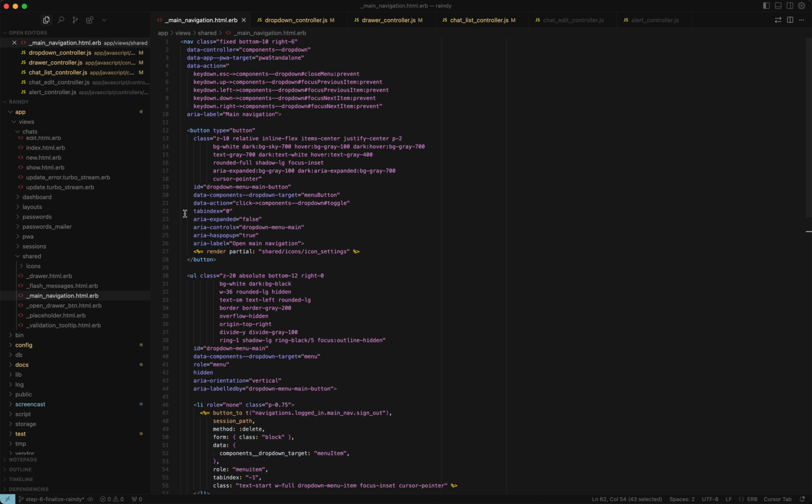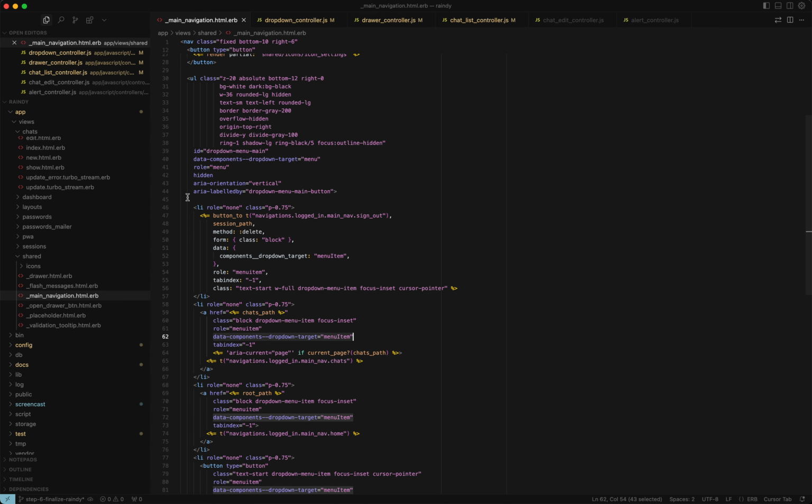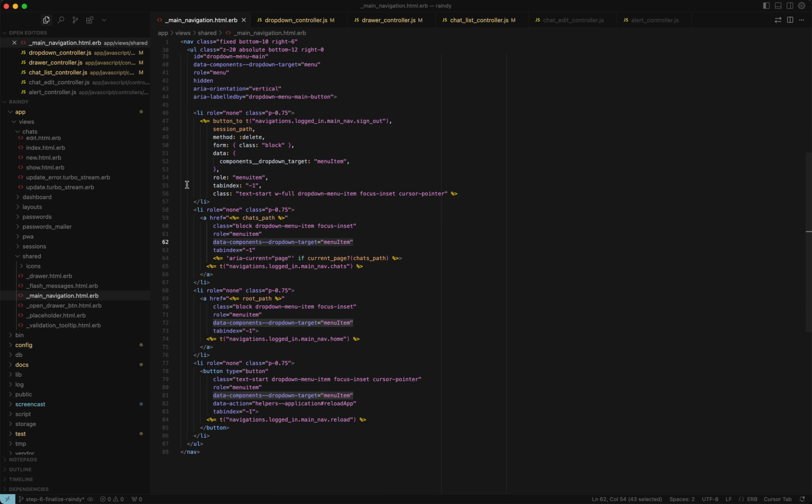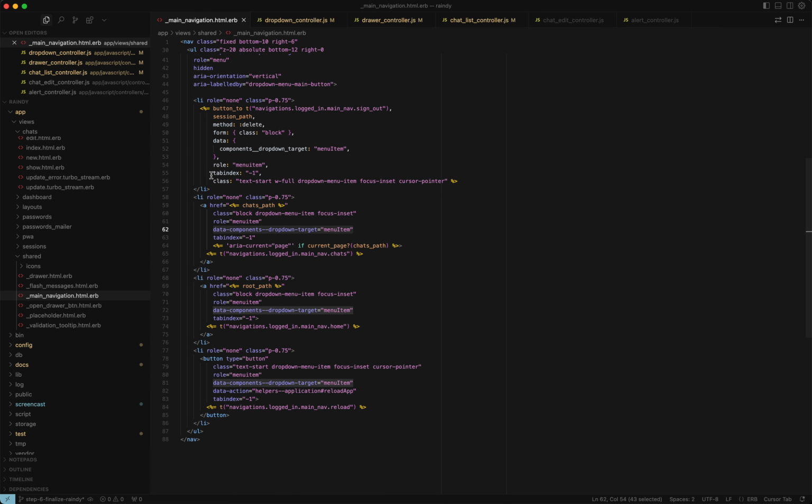tabindex=0 and aria attributes? All set. The navigation list has role=menu and the correct aria-orientation. The list items themselves have tabindex=-1. They shouldn't be reachable via the tab key. Each one also has data-dropdown-target=menuItem, which makes them easy to manage as static targets inside